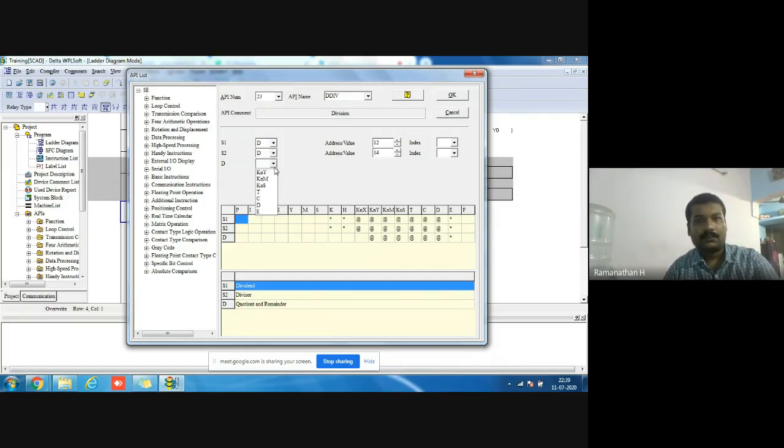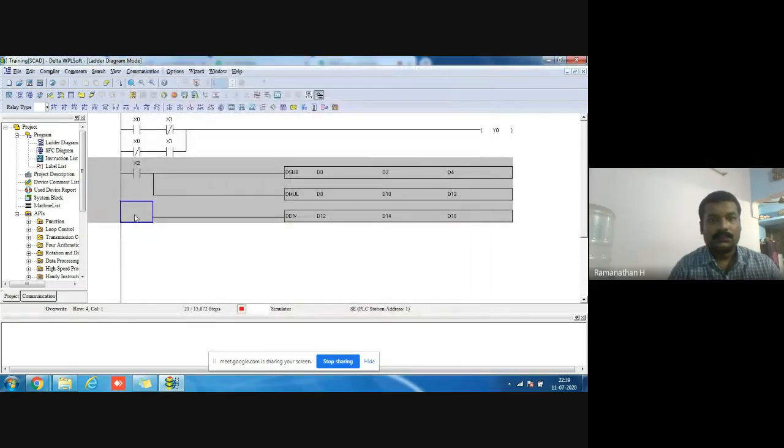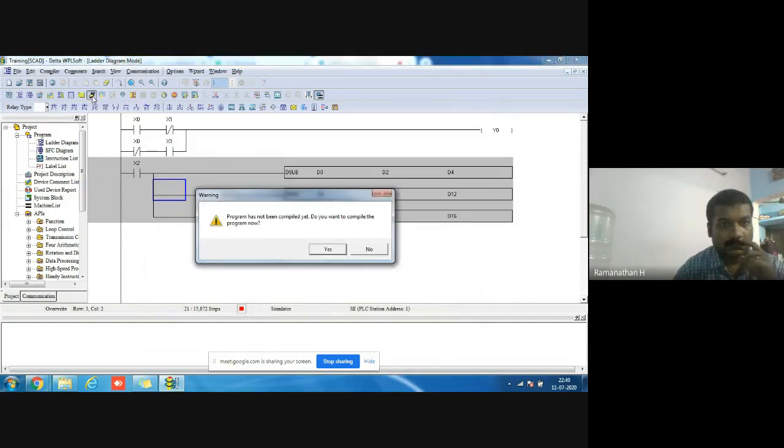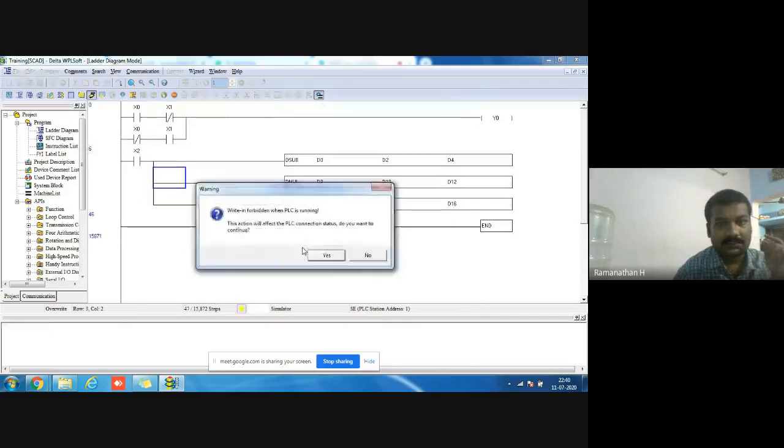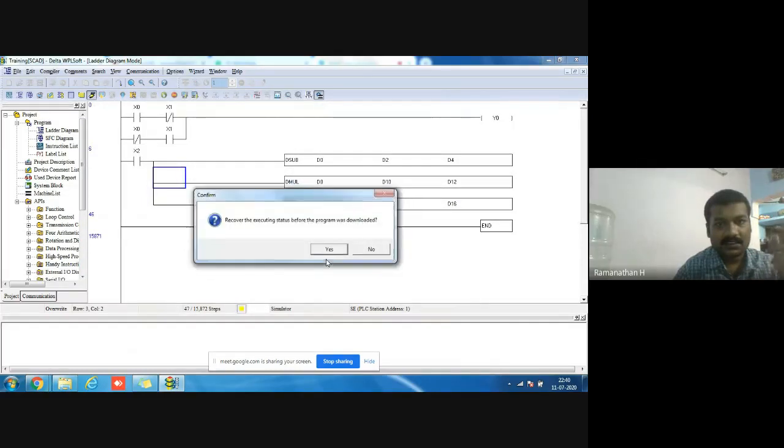D14. I compile it, download the simulation data, go for run mode.